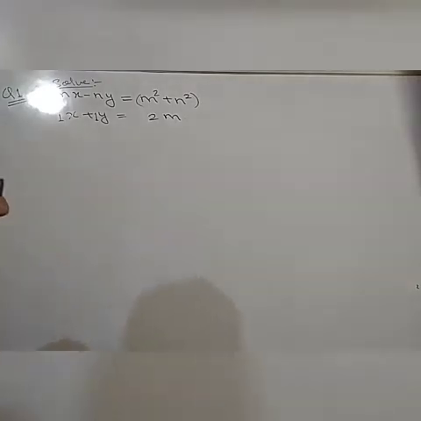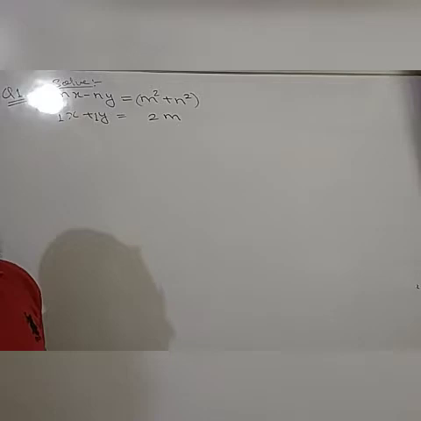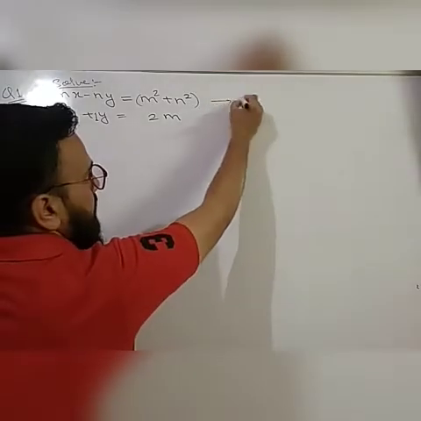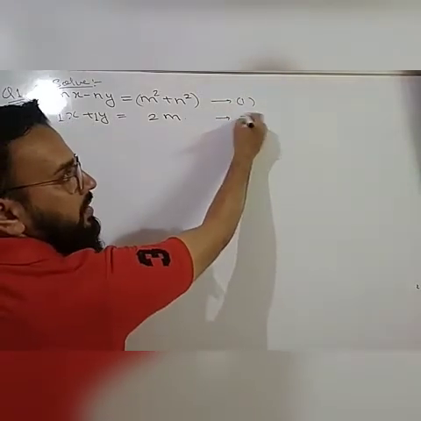We can use the method of elimination by substitution or elimination by equating the coefficient. Both methods can be used, but generally we will use the method of equating the coefficient. That is much more convenient. So let us start with the equating the coefficient method. Let us consider this as equation number 1, and this as equation number 2.